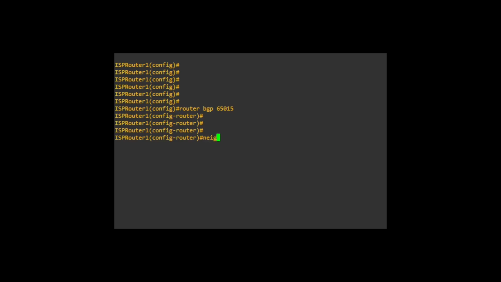And we're going to have a neighbor relationship with 10.0.15.20 and a remote system 65005. Okay. Also with the neighbor 10.0.15.20, we're going to say eBGP